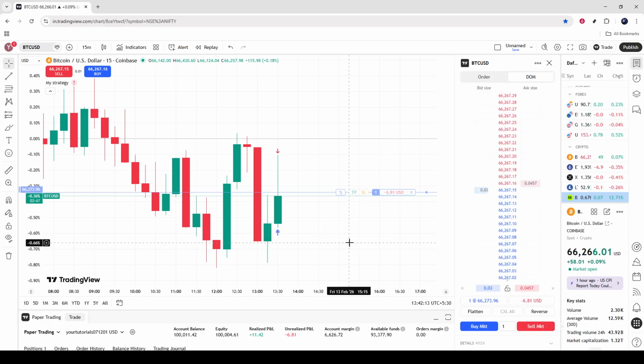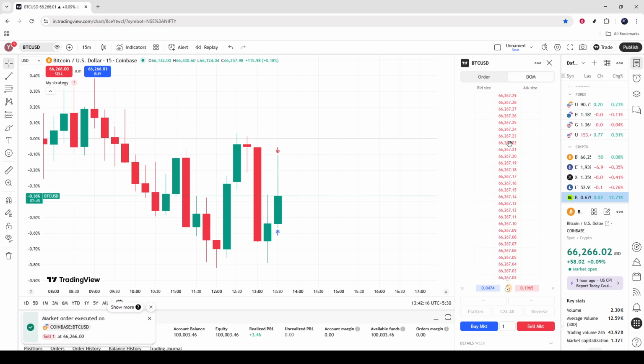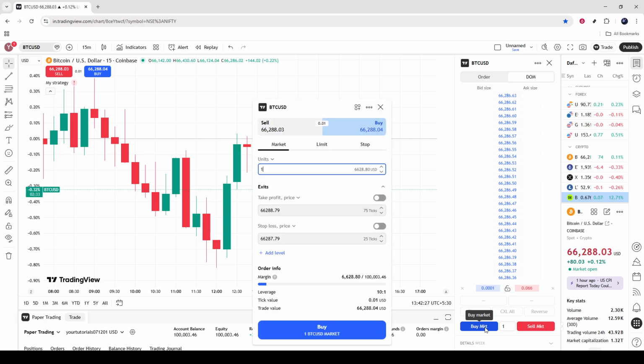Open the bottom tray again and switch to DOM. Confirm you're on the right symbol and account. Locate the Flatten button on the DOM screen. Tap Flatten. Confirm the action. Flatten immediately closes the current position and cancels any open orders for that symbol, all at the best available market